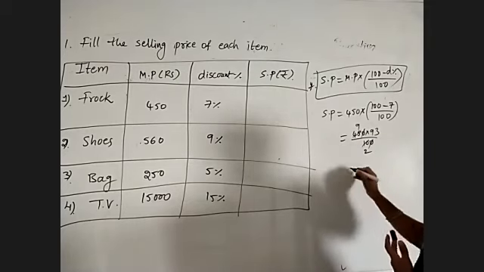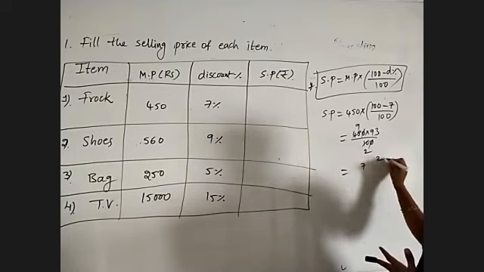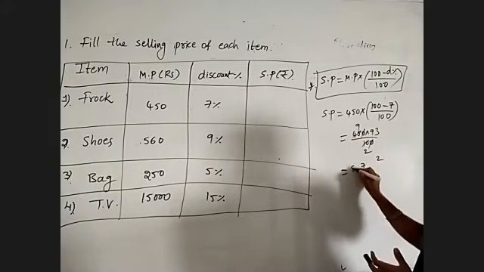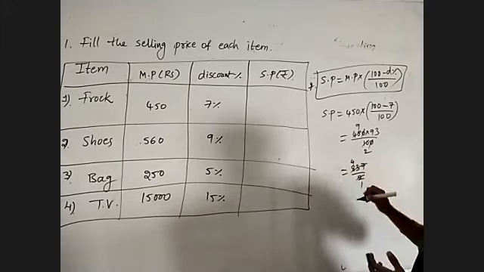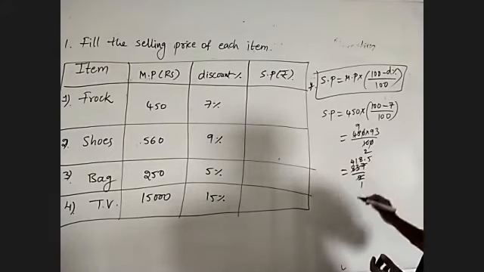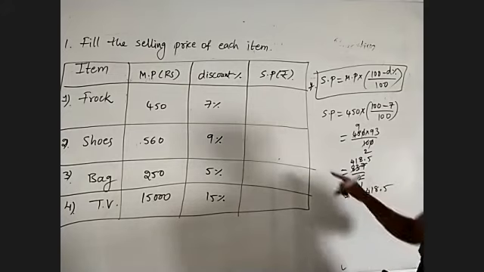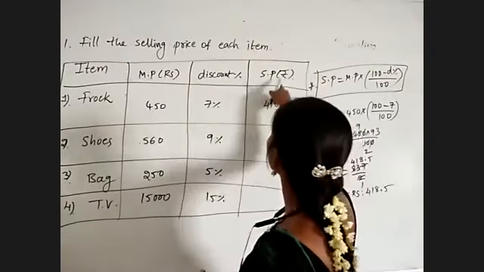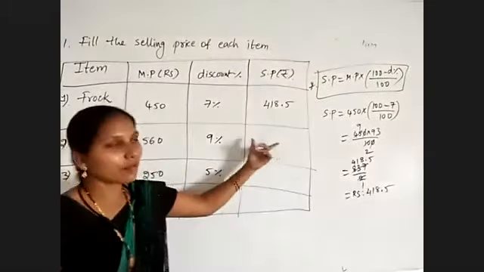So first of all multiply. 9 3s are 27. 9 9s are 81. 81 plus 2 is 83 by 2. So 2 4s are 8. 2 1s are 2. 17, 2 8s are 16.5. 418.5 rupees is SP. Already here they have indicated rupees. So for each problem you have to simplify and fill up the table.